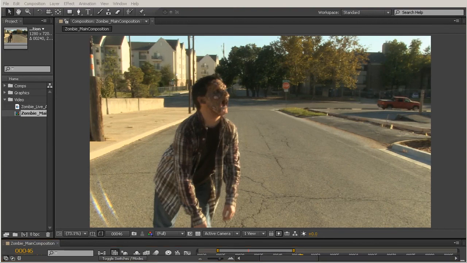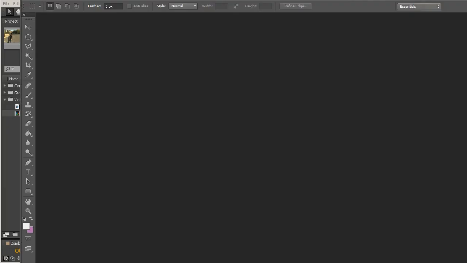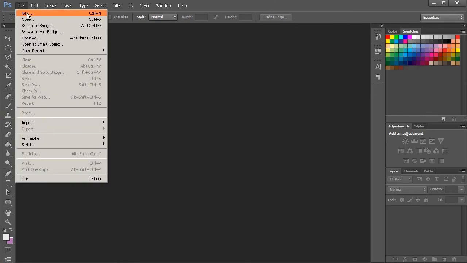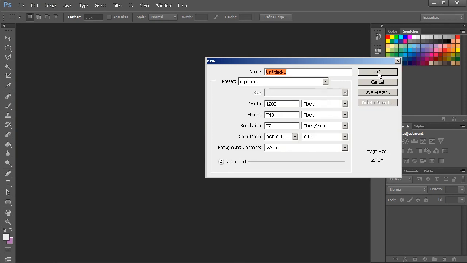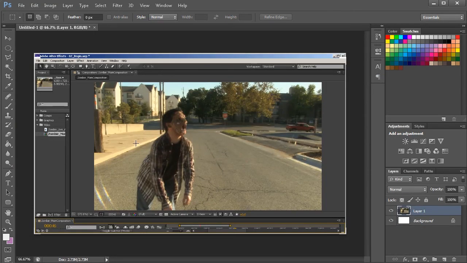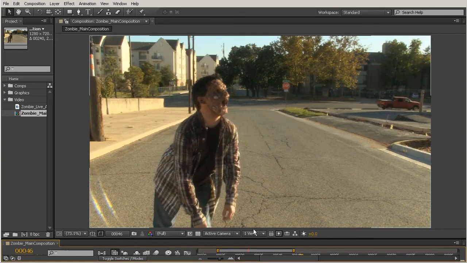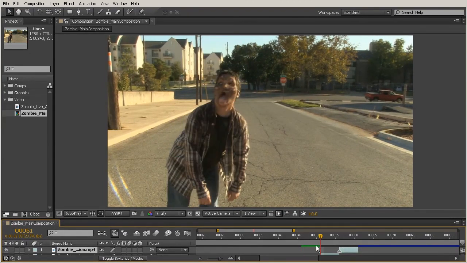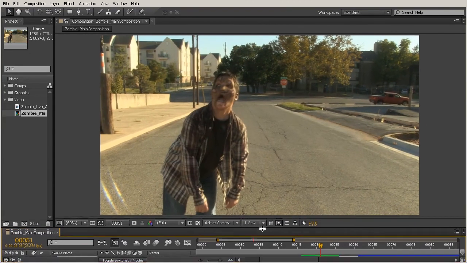Now I'm going to go ahead and open up Photoshop. And then I will go ahead and go over here to File, New. We'll just say OK to that size, and then hit Control V to paste my screenshot in place. And now let's jump back over to After Effects and take another screenshot of our second frame. So I'll drag this back up just a little bit there, move to that second frame, we'll pull that back down,